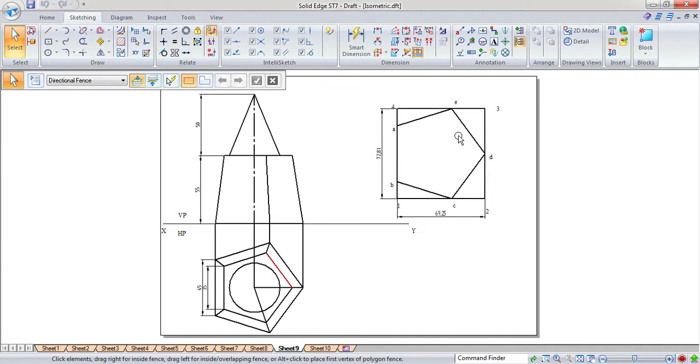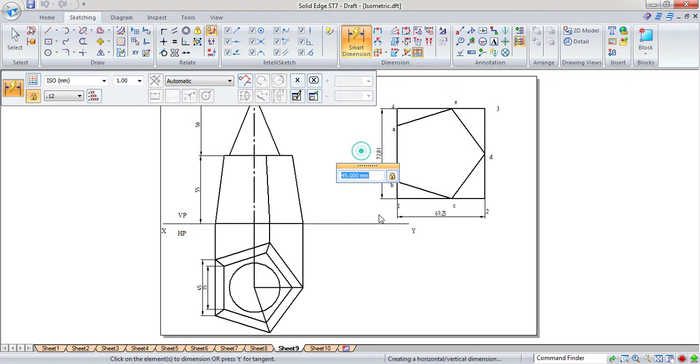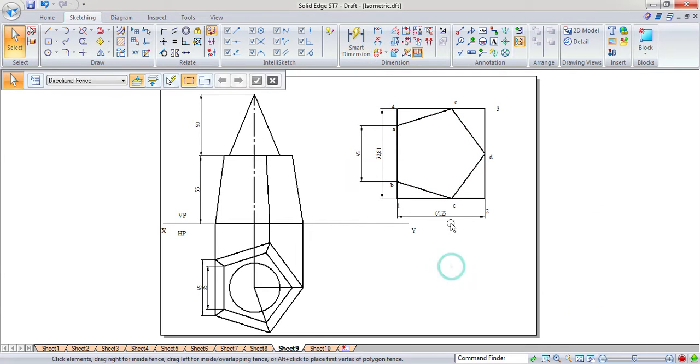Here the base edge of the pyramid is 45 mm and the top edge is 35 mm. First we need to construct the base of the pyramid. For that, you need to put the pentagon within a box and check that the side is 45 mm. So put this 45 pentagon within the box and measure the distances.